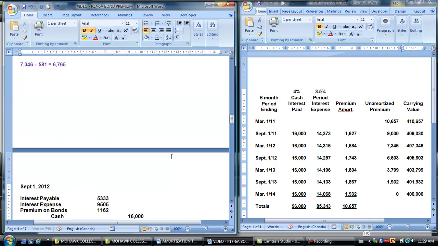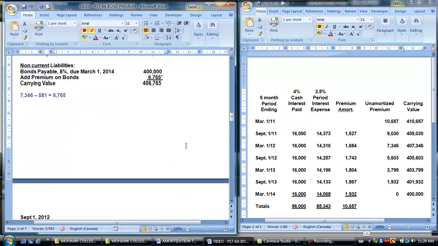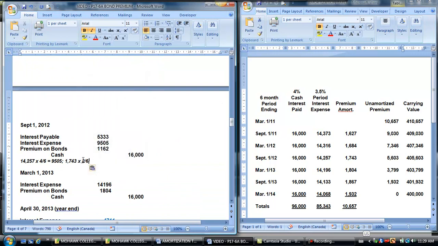Right? And we've got our premium, which we know here was 1743. And now we're going to amortize 4 over 6 of it, right? Because we want to get the rest of the 6-month period, which falls from April the 30th, so it goes throughout all of May, June, July, and August. So these are the 4 months we're talking about here, right? And that's going to give you